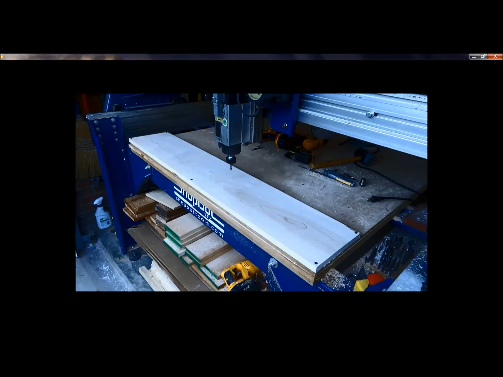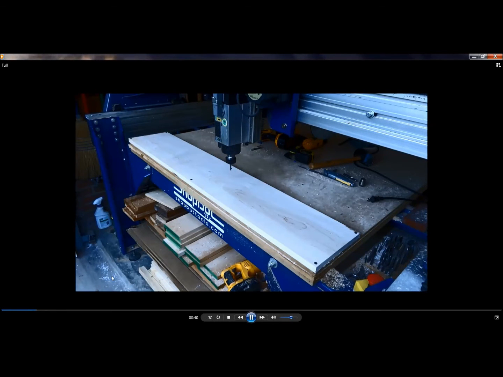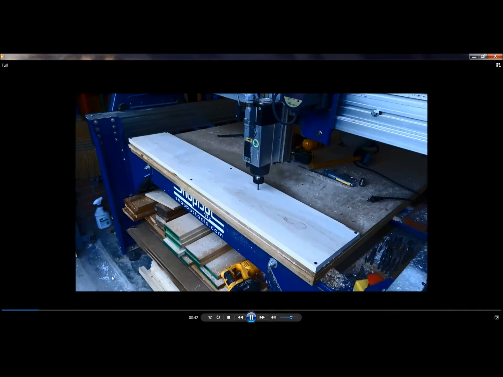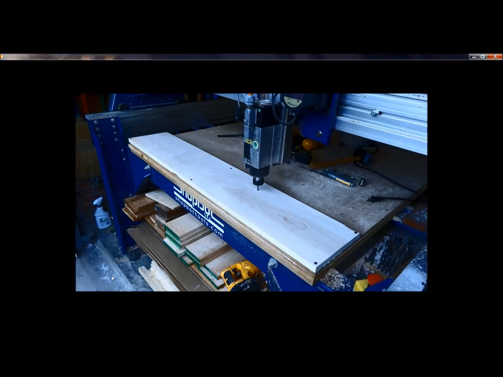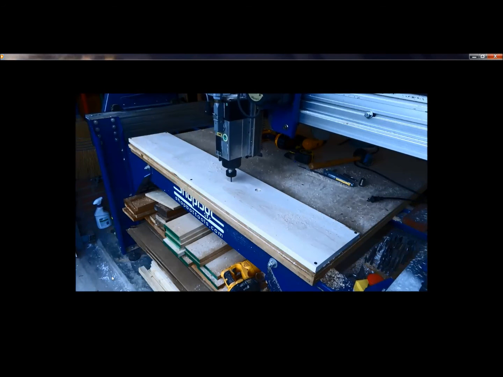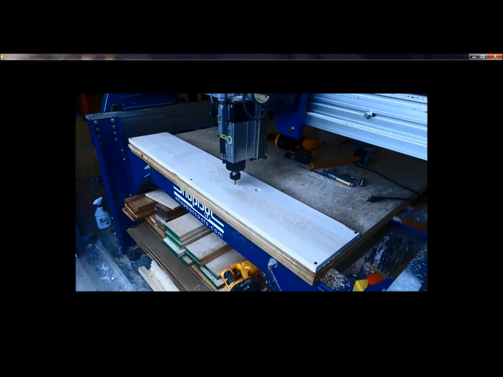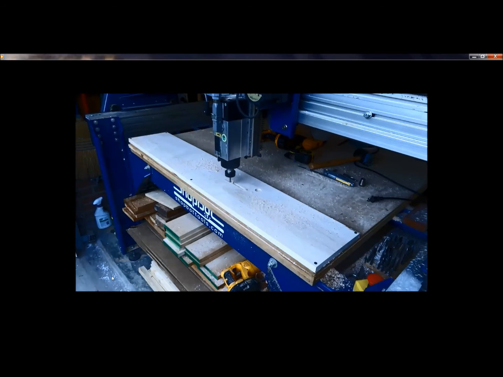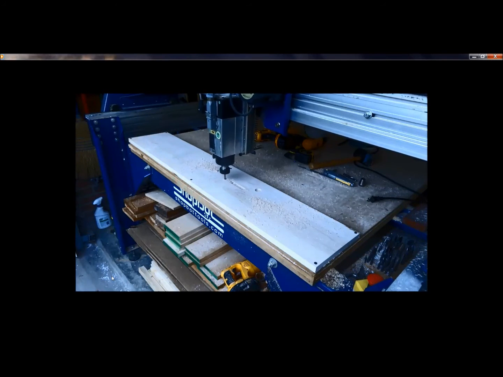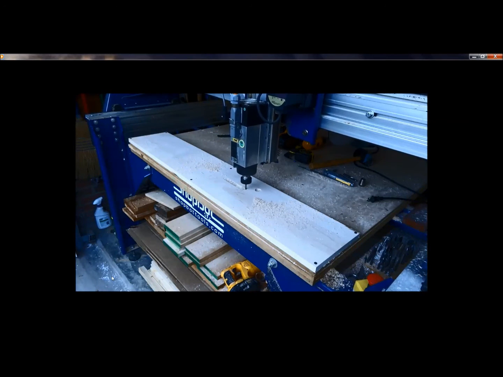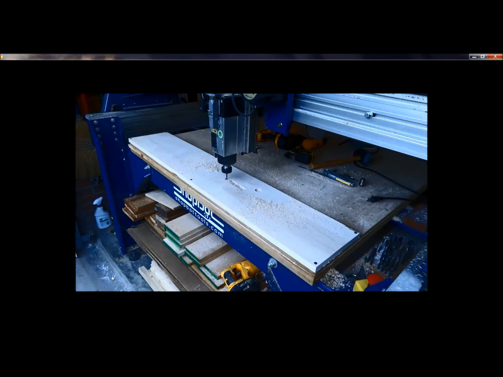So here's where we started. We've got our hold down, we're held to the table, and we're going to run our first two files, with parts here, which is we're pocketing down. And you notice here it's got a small little ramp, and we'll look at the ramp here in a second, but it ramped down to the distance, and then it just goes ahead and it finishes the tool path. So it's given a distance. Instead of plunging straight down in, that Z goes back and forth to a distance that we have told it to, and then it goes ahead and finishes its cut, cleans that out, and then it'll go ahead to the next pass depth that we set. Again, ramping down in,